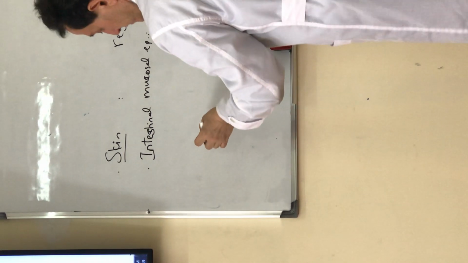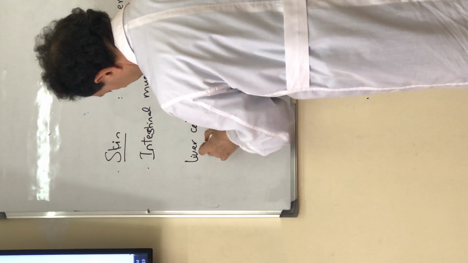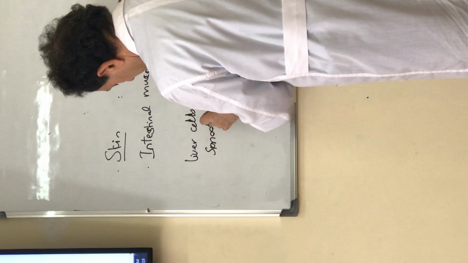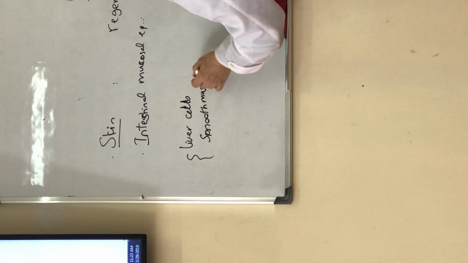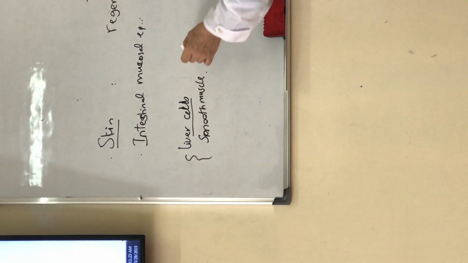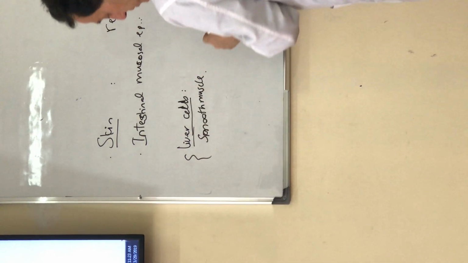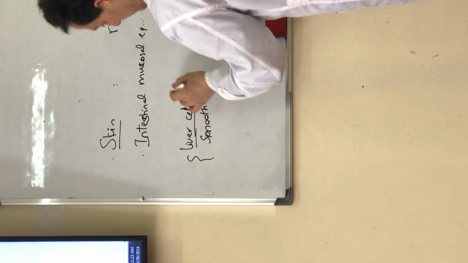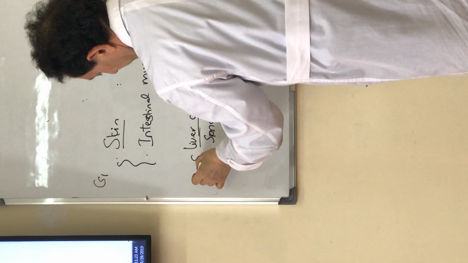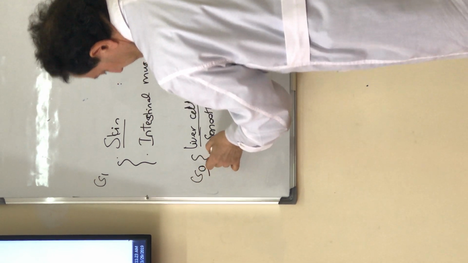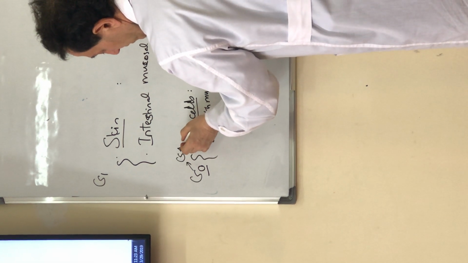But some cells, such as liver cells, smooth muscle cells, if they are stimulated, they regenerate. If there is an injury to liver, then they start to proliferate and make new tissue. So these cells are always present in the G0 phase of the cell cycle, but when they are stimulated, they can go to G1 phase and start